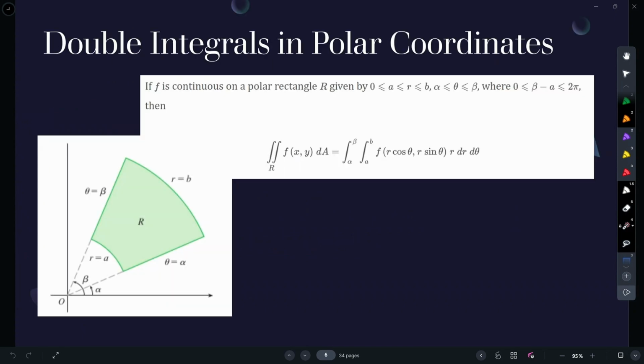What I mean is that if you are going to integrate some region that is described in Cartesian coordinates, if you put it in polar coordinates, this is a region called a polar rectangle, where the radius is going from a to b at all times, and the possibilities for the angle are going between alpha and beta. For example, in that region, if you want to integrate some function over that region, you just do the translation,